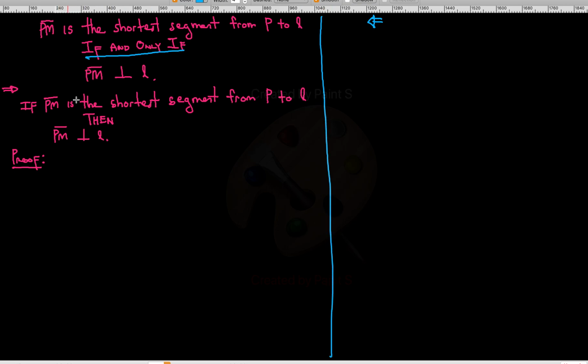So this is saying that it's if and only if. So the one direction is if PM is the shortest segment from P to L, then PM is perpendicular to L. Now, you always, in both directions, right? The other direction is what? Let's make sure we're able to do that. If PM is perpendicular to L, then PM is the shortest segment